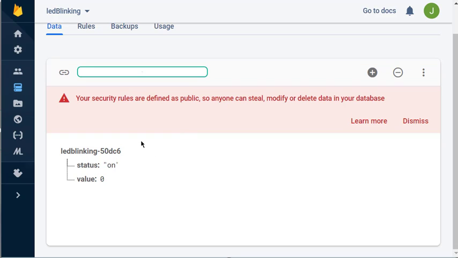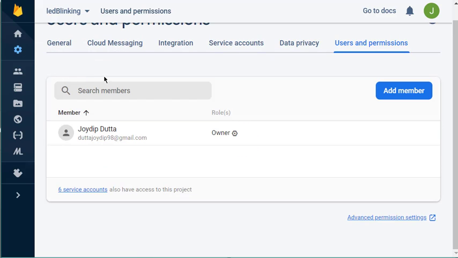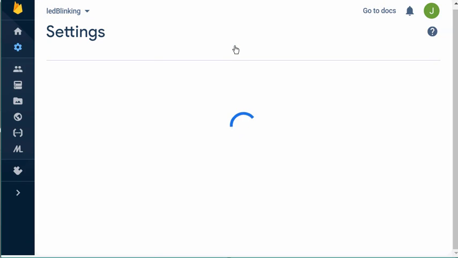The basic thing you need to do is copy this link and paste it into a notepad, and then go to Settings, Users and Permissions, and then Service Accounts.